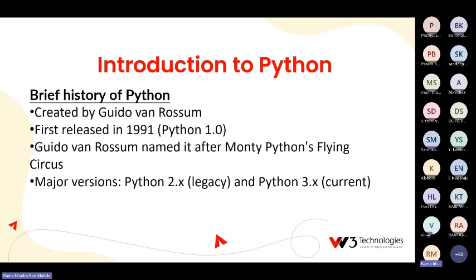In his free time, he developed a simple language, and now it is very popular. Today we are using it for several purposes. Initially Python had two versions, initially released 2.0, 2.1. Initial versions are 2, and now Python 3 is working. Okay.